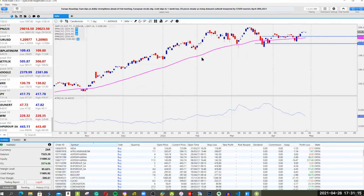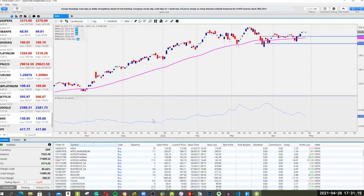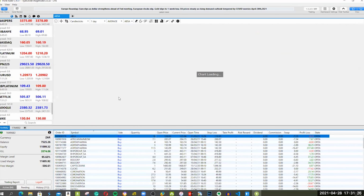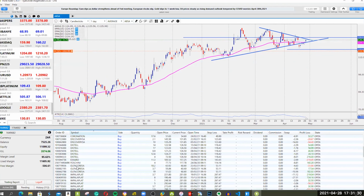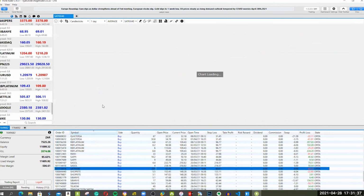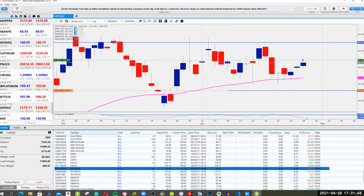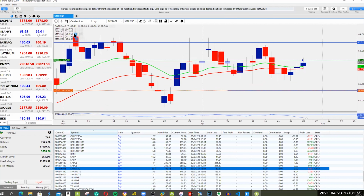So let's go back into some charts. Starting off with EPSA. First, the trade that I entered just before the close today was the Citrix 40 trade. I'll bang the email straight after this, the email alerts. So we had a trigger yesterday as the Citrix 40 cuts through the 15-day exponential moving average, and then confirmation today. I entered just before the close